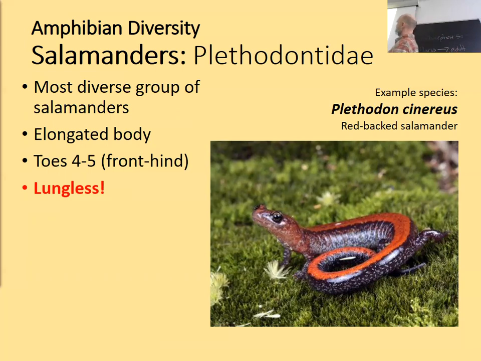This is the redback salamander, Plethodon cinereus. This guy is found across all of the northeastern US into southeastern Canada, and they're super abundant. In a lot of places, these guys represent the greatest amount of vertebrate biomass. In other words, if you took a plot of land in a forest in the Northeast and you picked up all of the vertebrates and you weighed them, the vertebrate with the most weight would be these guys, more than your bears, more than your deer, more than your raccoons. By total mass, you'd have more salamanders than anything else, which is cool because we want more salamanders than anything else. So they can be really abundant.